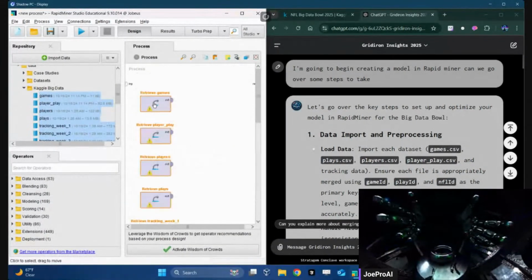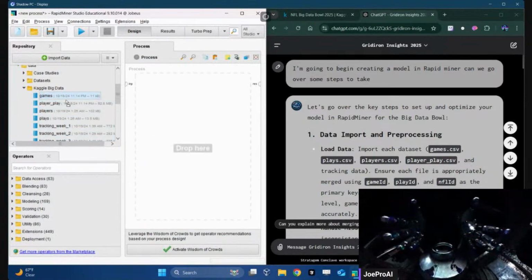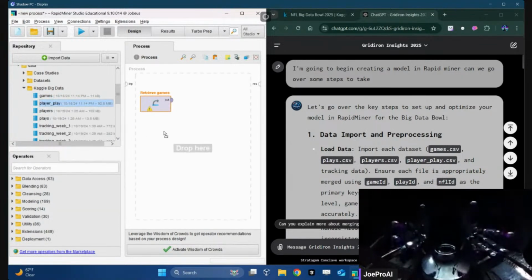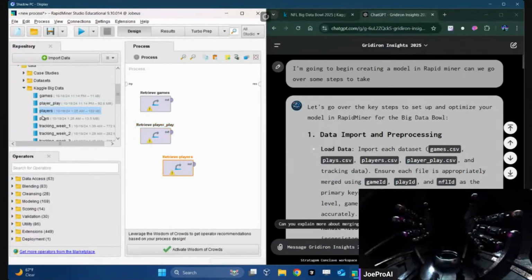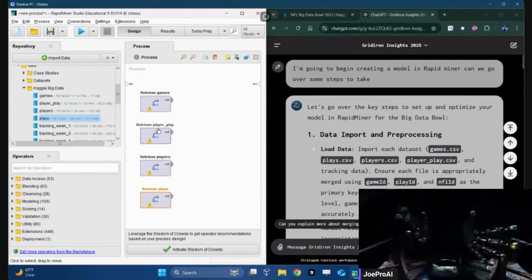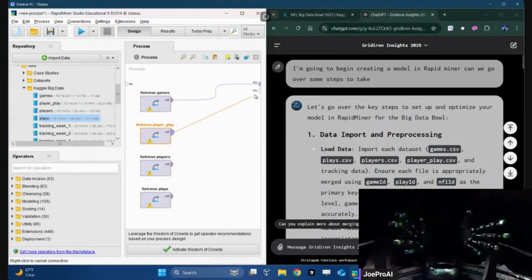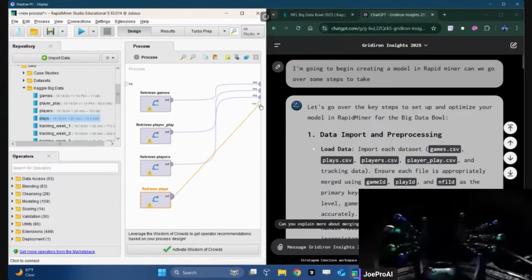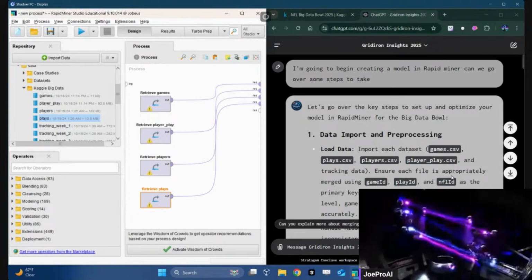No. Okay. Simple sets. Okay. Sure, each data file is appropriate.